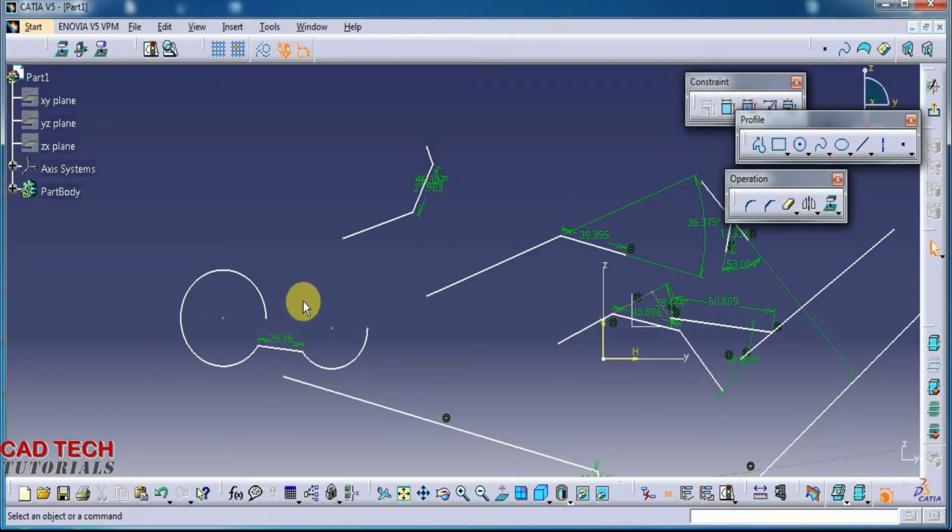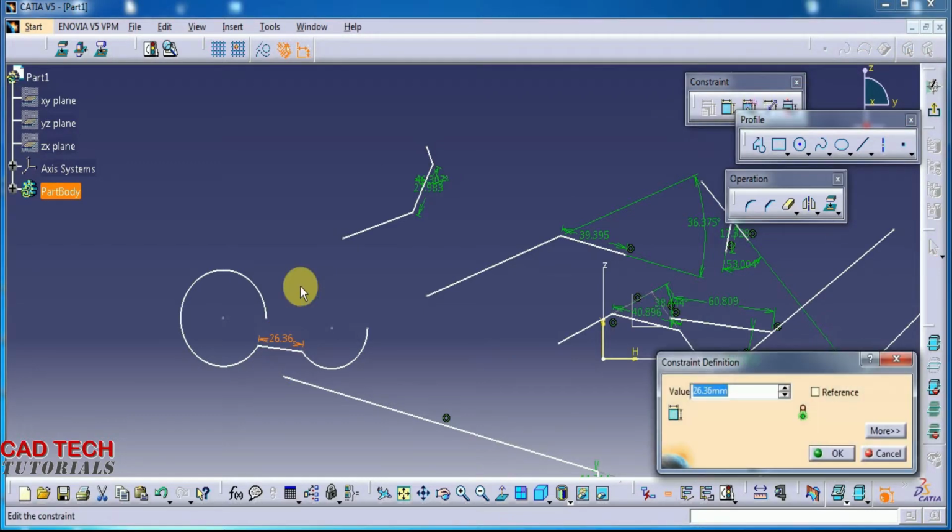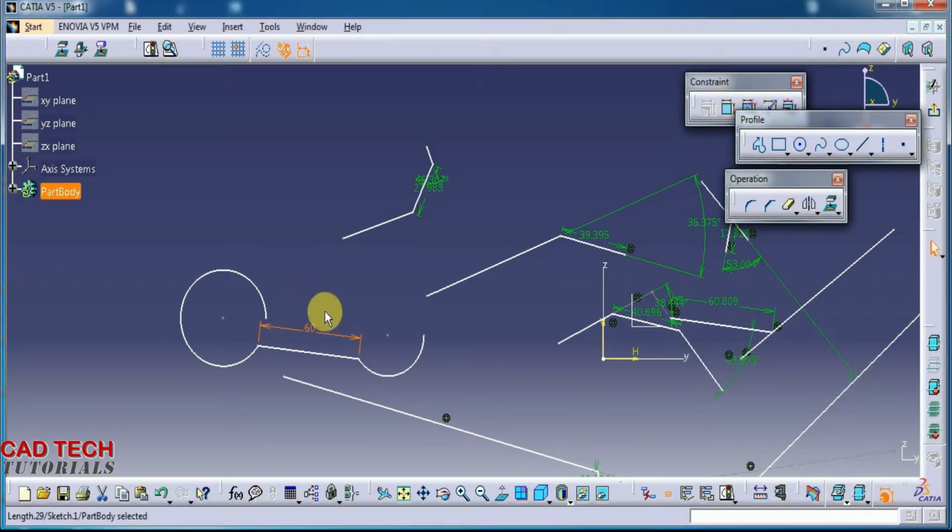Okay, it's possible. Then we can make a chamfer between 2 circles also. Remember guys, I never experienced this till now. It's the first time. Okay,